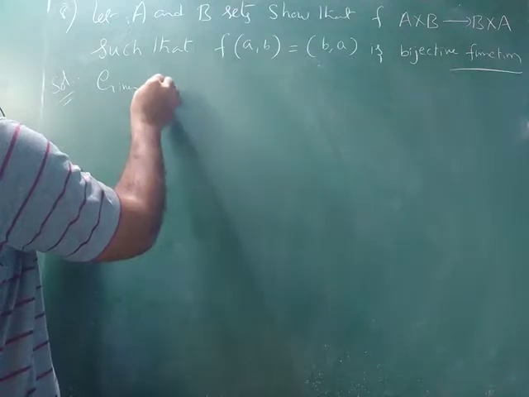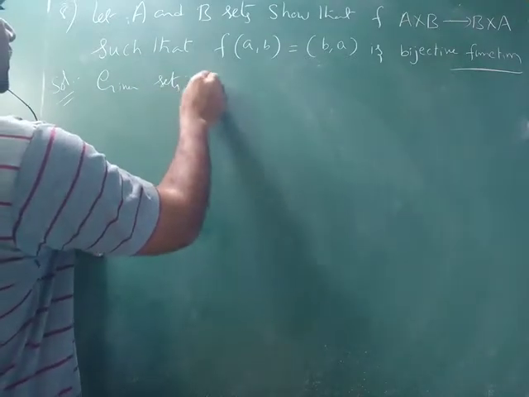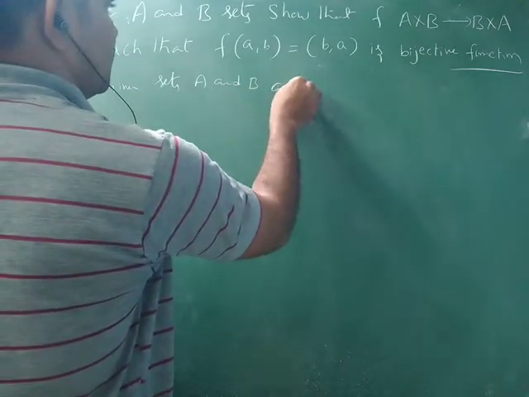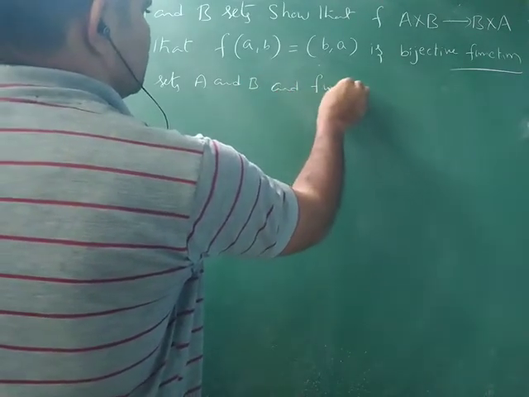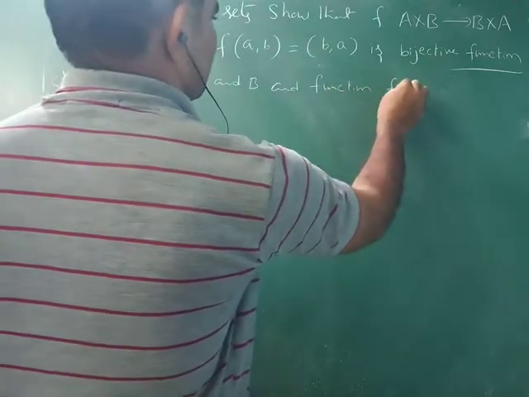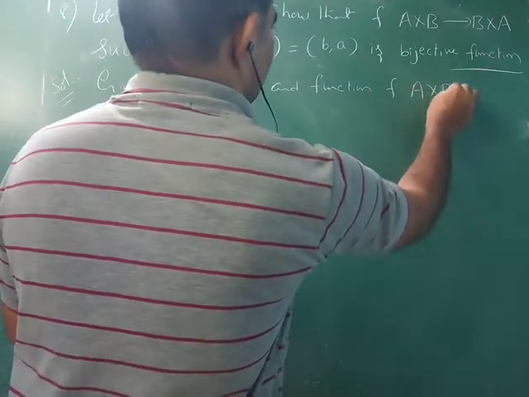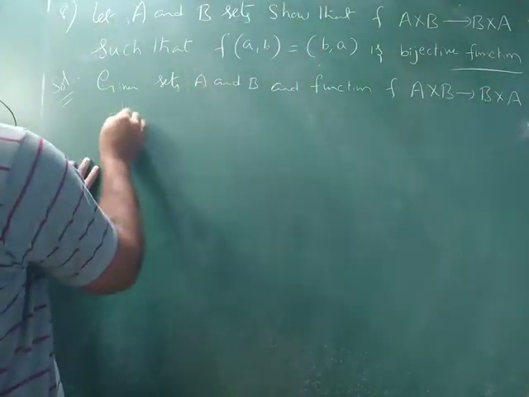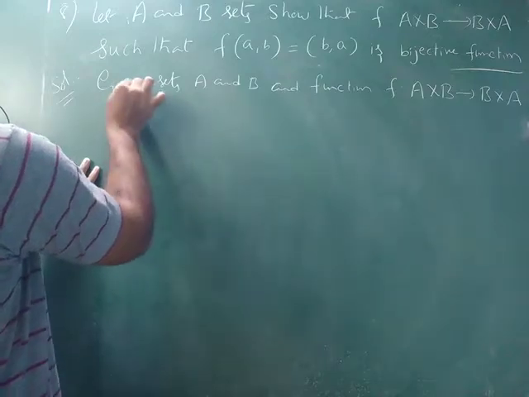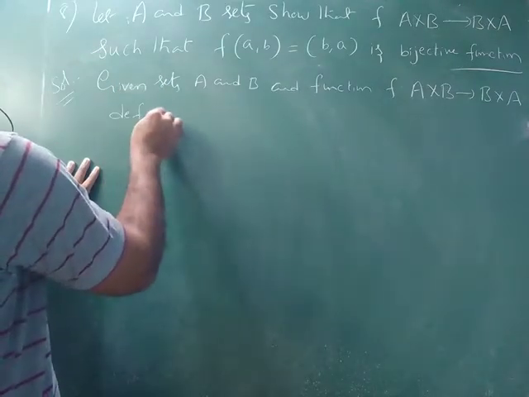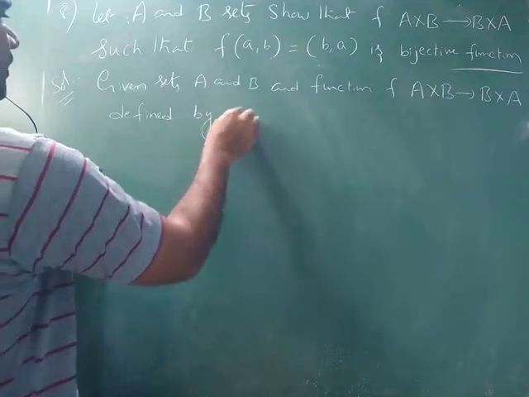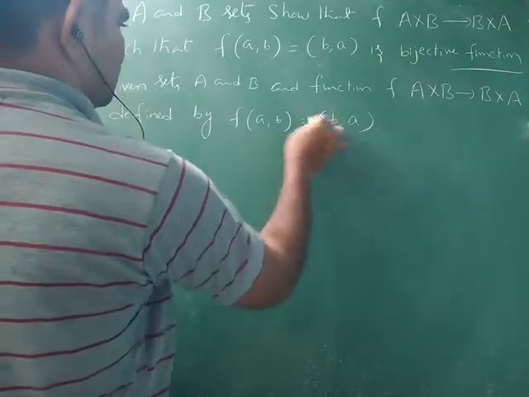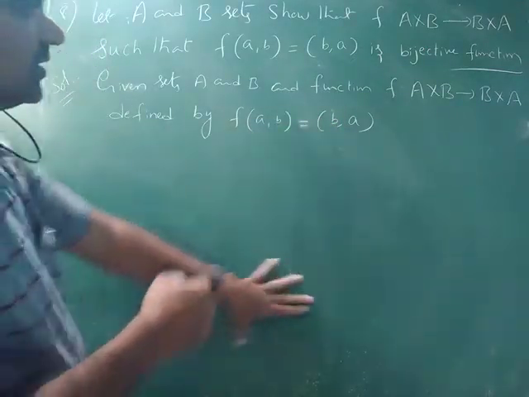Given sets A and B and function f from A cross B to B cross A defined by f of A comma B equal to B comma A. So please observe here,